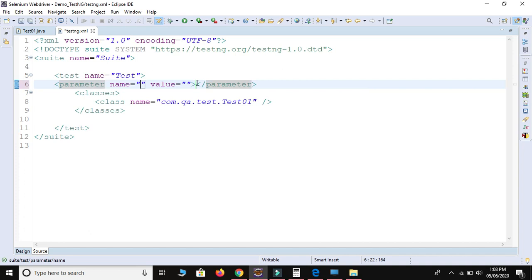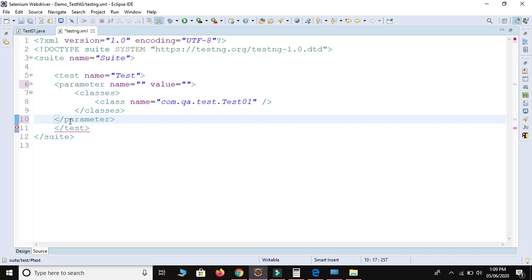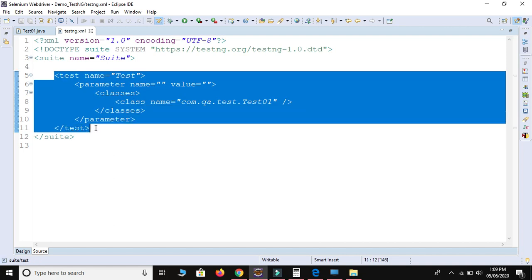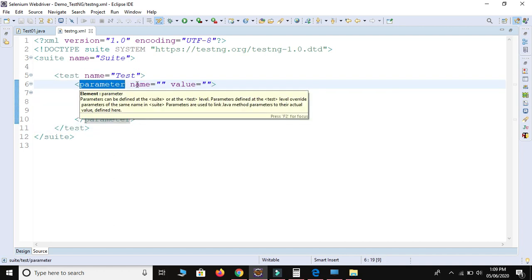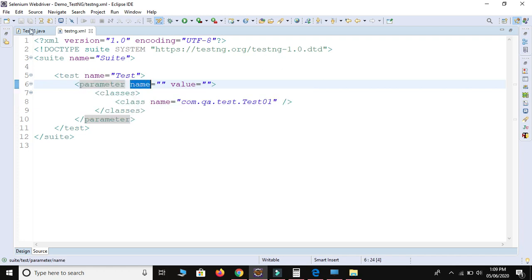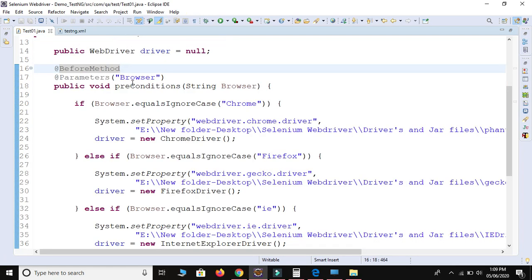Let me copy and cut from here, and I will provide it here. Okay, so this is the first test. I will provide the name of the parameter. The name is what we have already provided: the name of the parameter is browser. So just copy this value as it is and paste it here.